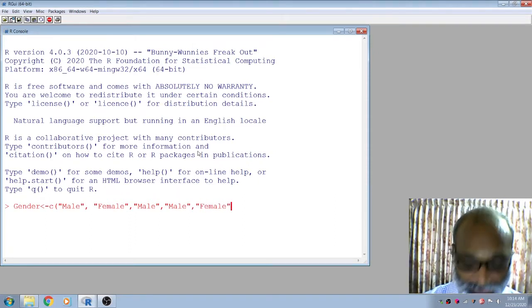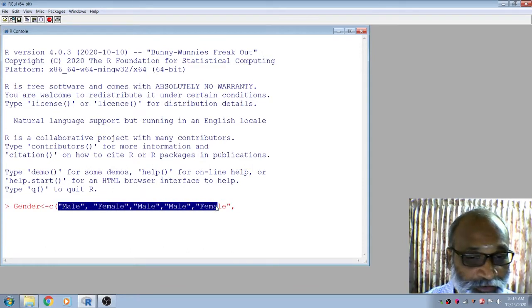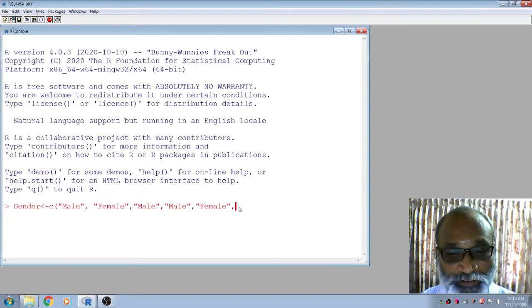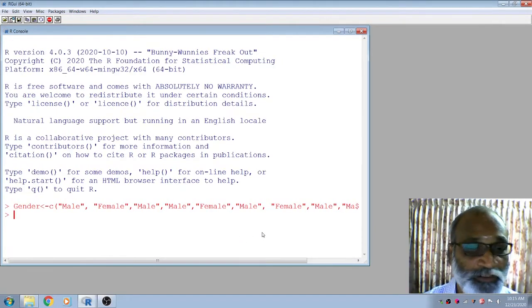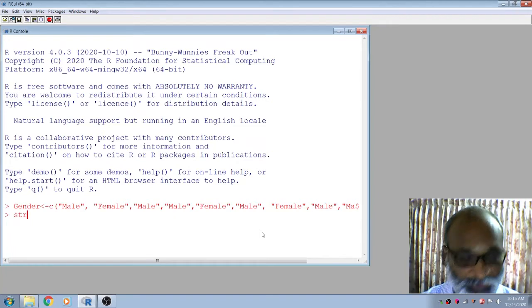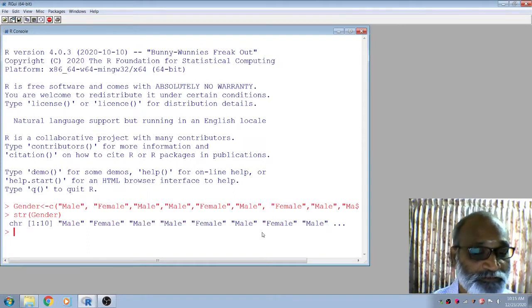Likewise, we can create the gender category. I will take 10. If you want, you can see the structure of the gender. It says character. The structure of the gender is character.